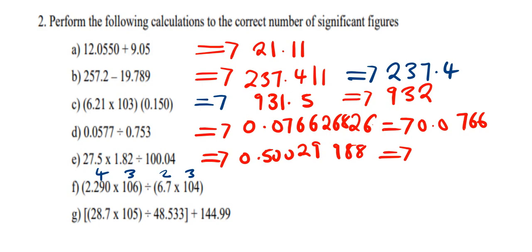So in this case, we are getting the one with the least amount of significant figures. But in this case, I'm also going to consider the one with the least amount of decimal places, because our answer in this case, what is going to be our answer? I'm going to have